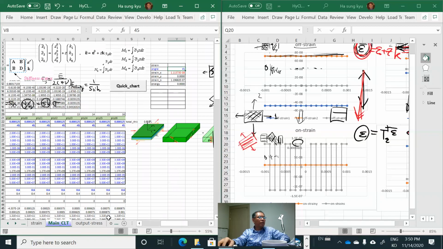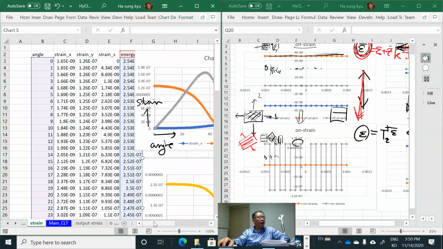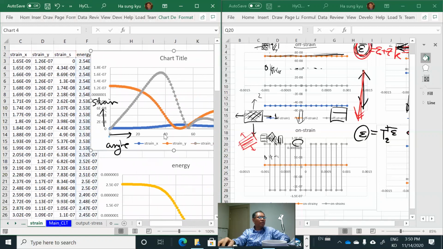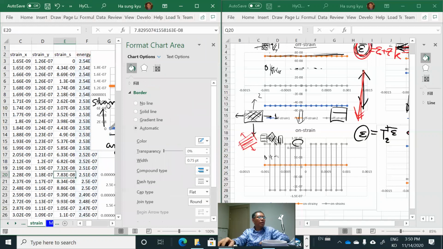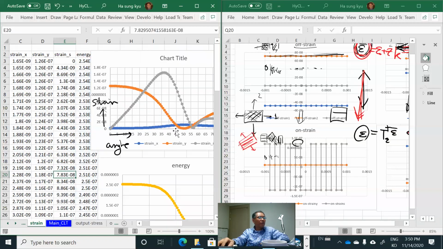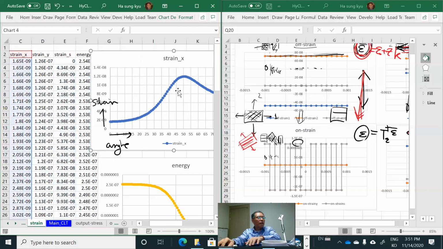We have a 45, and go there and 45. We have a 45 here, 45, and the X, get rid of this for a while. 45, and how much is strain X? It has about 1.1, 10 to the minus 8. And here, this guy,